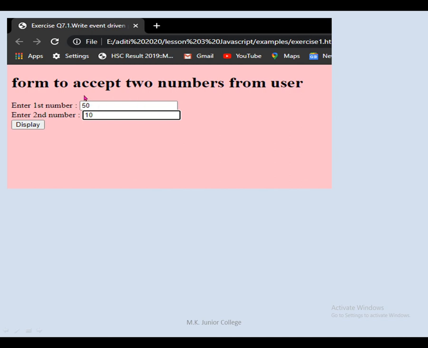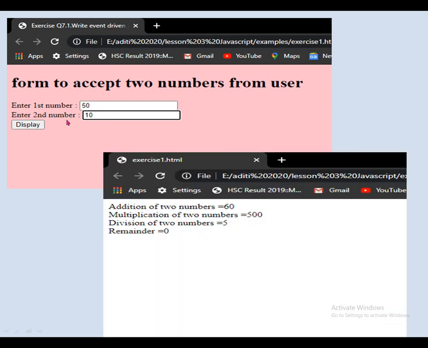First number, one text box you are giving, suppose I am adding 50. Second number I am adding as 10, and you see the structure of your form. After clicking on this display button, you will get the output according to the input. A's value becomes 50, B's value becomes 10.